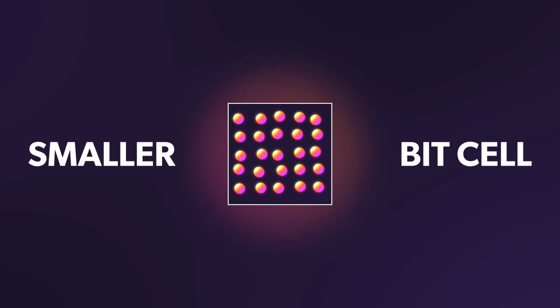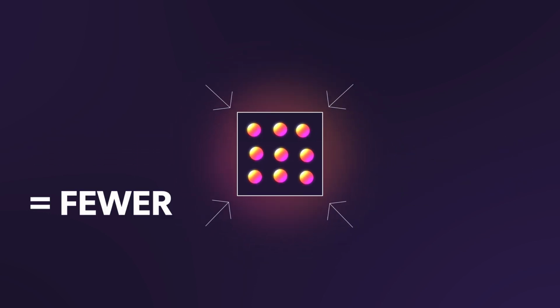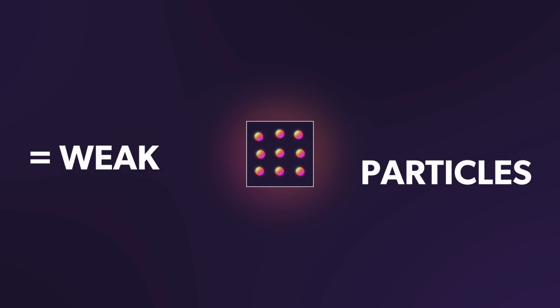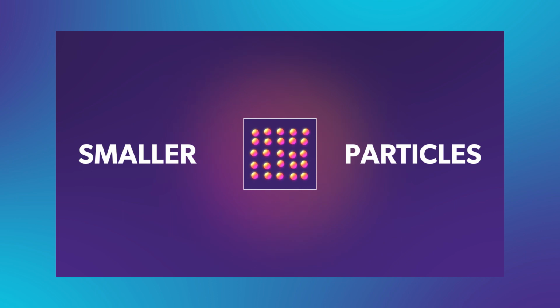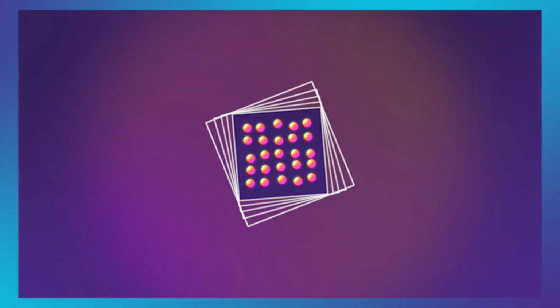innovation to overcome. The first challenge is that the smaller the individual bit cell becomes, the fewer particles it contains that can generate a strong enough signal for the bit value, either 1 or 0, to be written. Now, you can tackle this by making the particles smaller. In theory, more particles means a stronger signal for each bit. But it's difficult to shrink the particles beyond a certain size without compromising their ability to maintain a magnetic state in a stable way. The smallest size that is practical to use for magnetic media recording is known as the